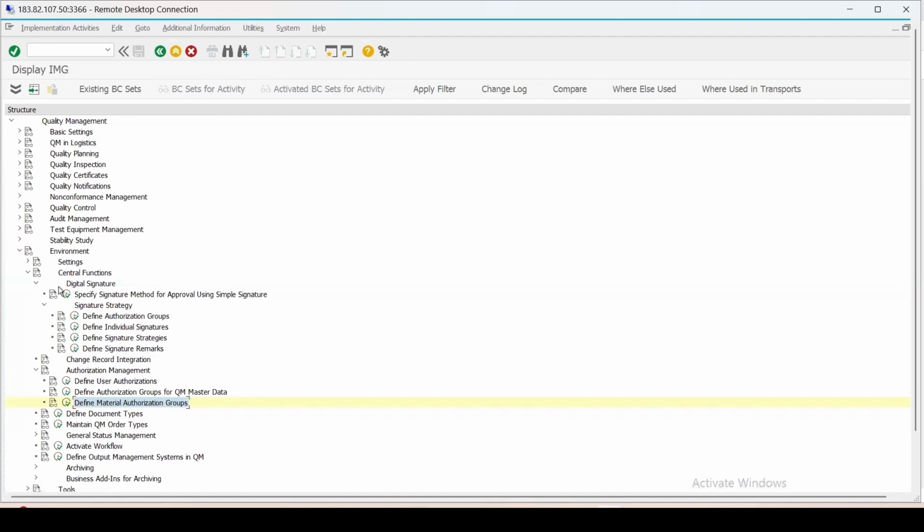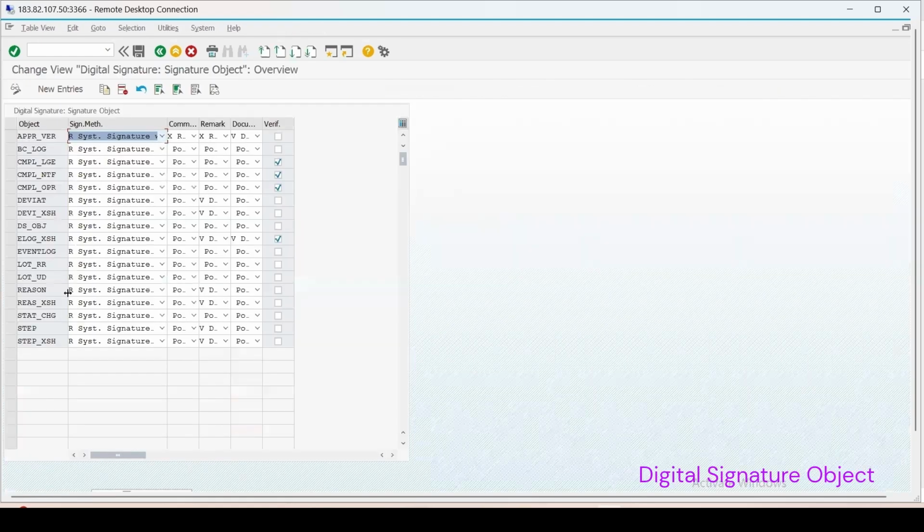Here in the specify signature method for the approval, click on execute. Here you will get on which object you want to use the digital signature. So here you can see that lot for result recording and lot for usage decision. These entries are already there for which I want to use the digital signature.